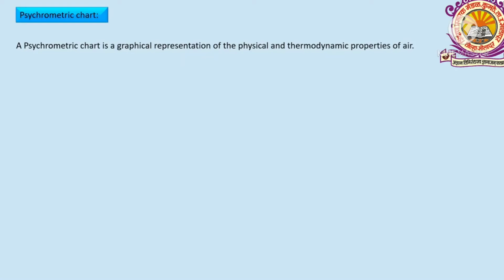Good morning, students. Today we are going to see the animation of the psychrometric chart and show all the properties on it. In an air conditioning system, we change the properties of the air. We are reducing its temperature and its humidity, so the psychrometric properties change. Those psychrometric properties are plotted on the psychrometric chart.